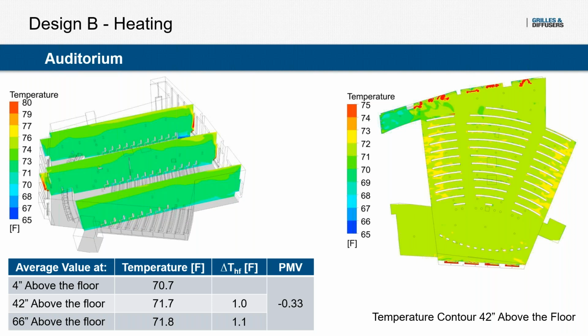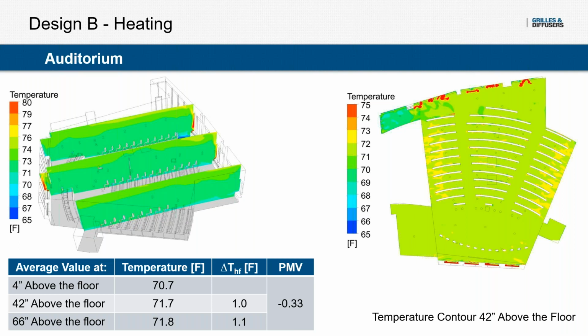If you recall, I didn't really highlight it in the input slide, but we're using a slightly warm supply temperature in the displacement diffusers in heating. We're supplying 72-degree air, so just a little bit warmer than the space. Again, you don't want that to be too high because it is a displacement system. So technically, the air is doing some of the heating, and then the rest of it is being picked up